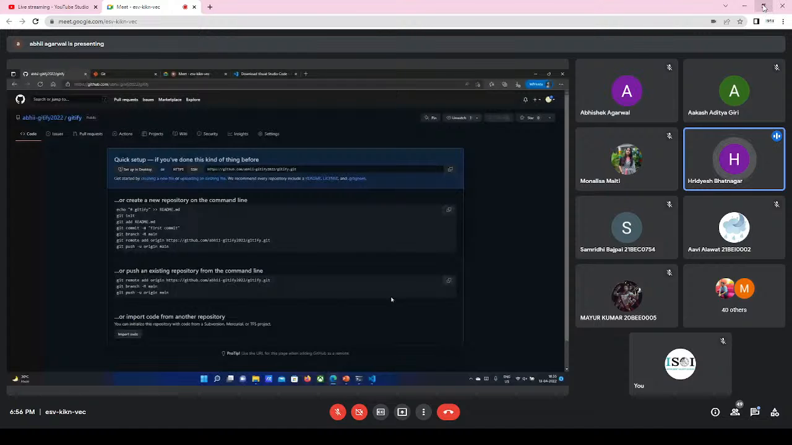The third command that you can see is git add readme.md. Basically, it adds a file called readme.md. After that, there is a command called git commit -m, first commit. We have also gone through this process. The fourth command that you can see is